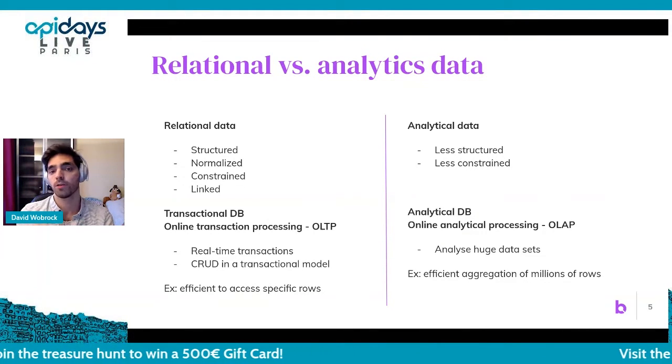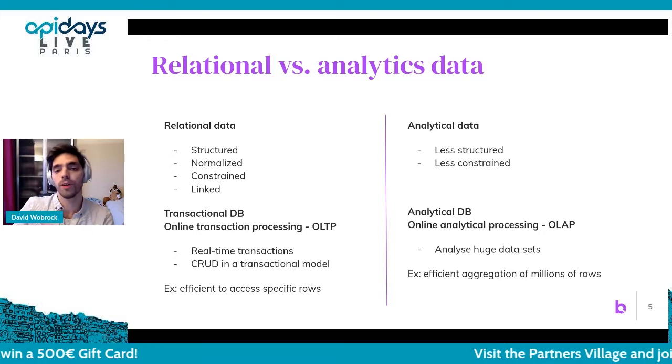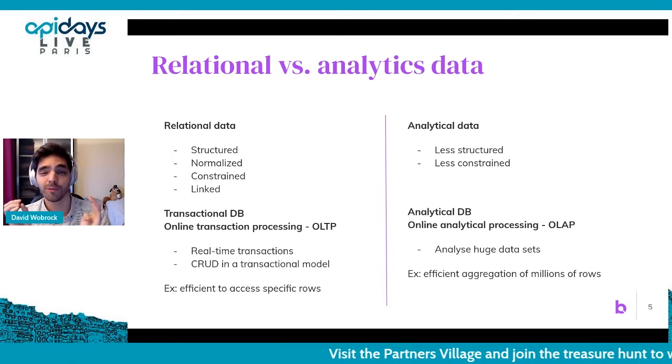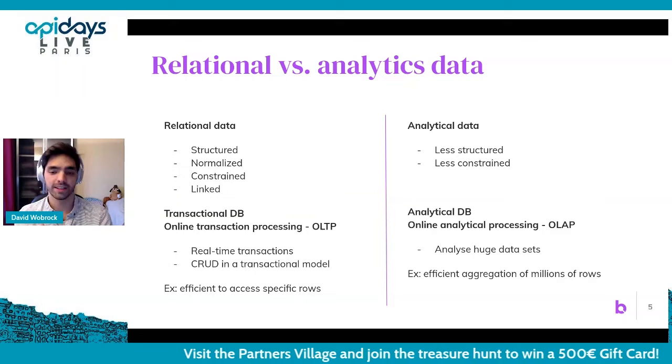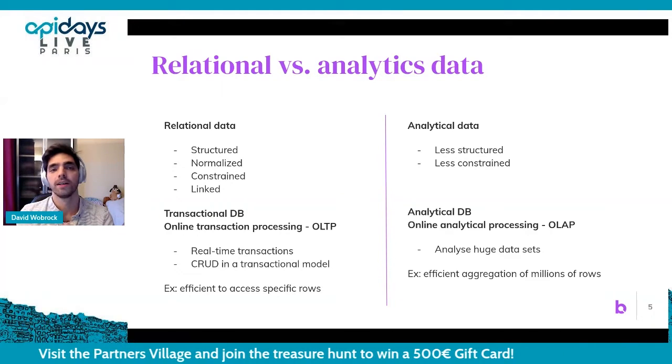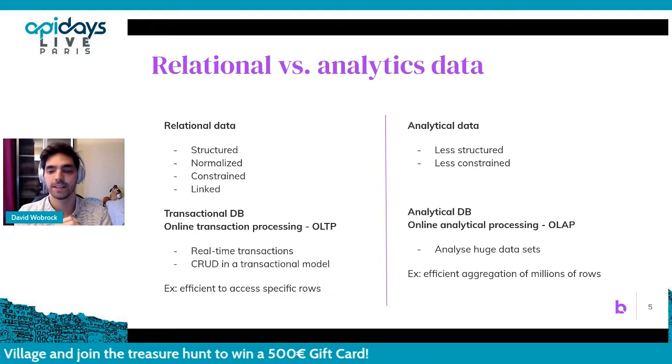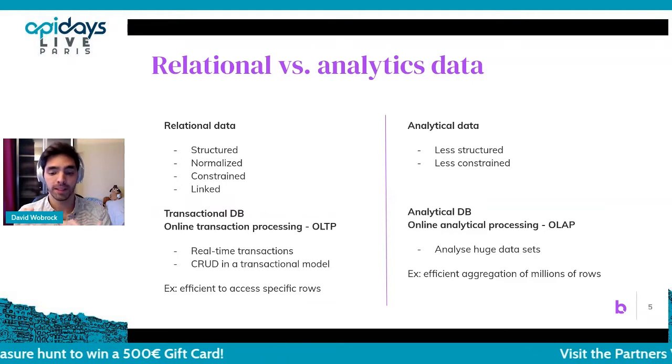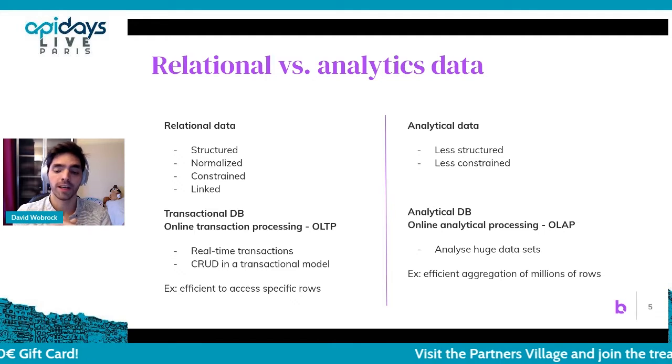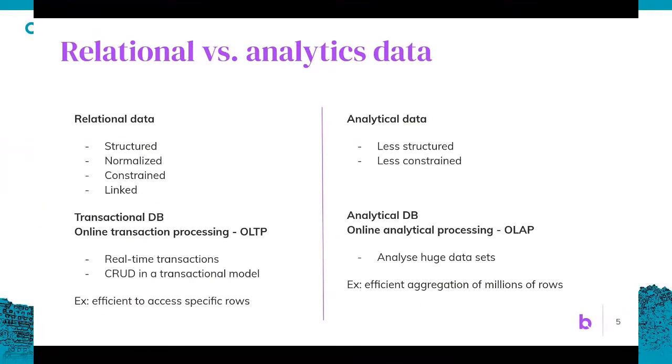Then you have analytical data, or it's often SQL against NoSQL. Analytical data will often be not necessarily structured, or less structured. You will have fewer constraints. You don't always have the same things that you expect in the database. And what's called OLAP, online analytical processing. So you will basically have a huge data set which you don't exactly know what's in there, and you'll be able to analyze it, to look at it in any direction. It's sometimes called a data cube, so you will aggregate in all the different dimensions and metrics you have to see what you can do with that.